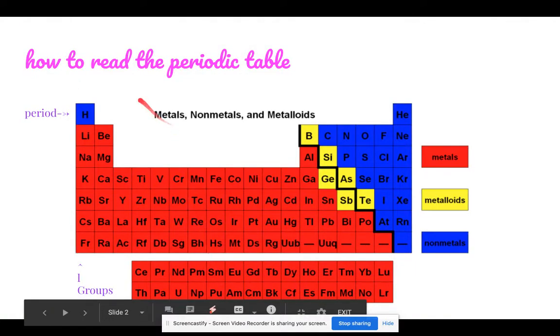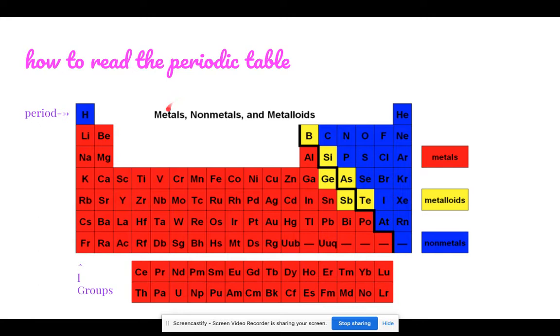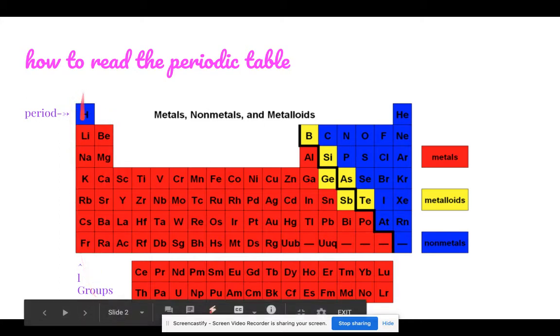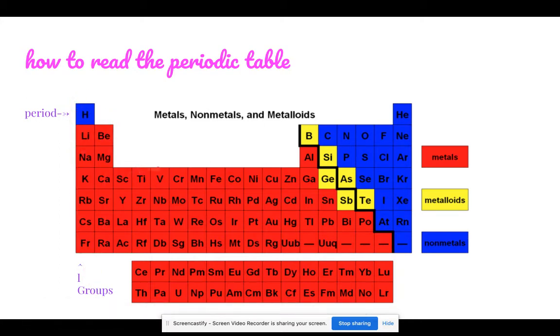First we're going to talk about how you even read this big block of a bunch of letters. How it works is that our vertical columns are our groups. So there's group 1, 2, 3, 4, 5, 6, 7, 8, 9, 10, 11, 12, 13, 14, 15, 16, 17, and 18. Another way to organize the groups is 1A, 2A, hop on this side, 3A, 4A, 5A, 6A, 7A,